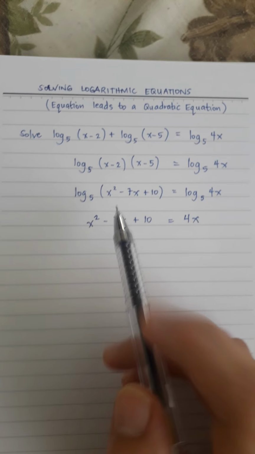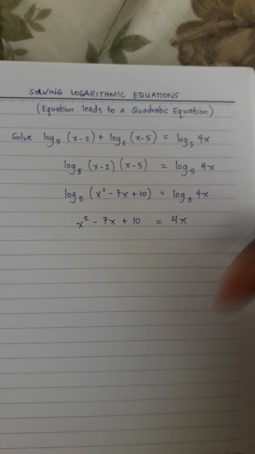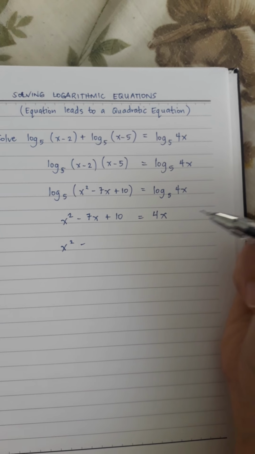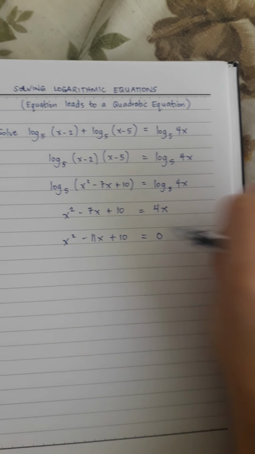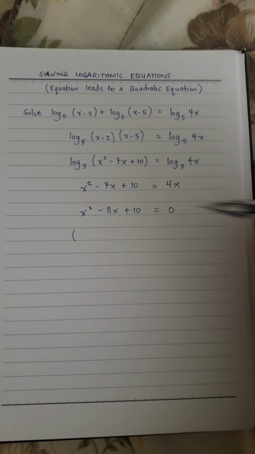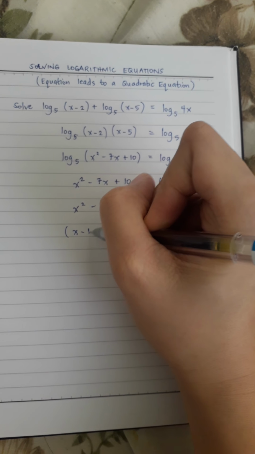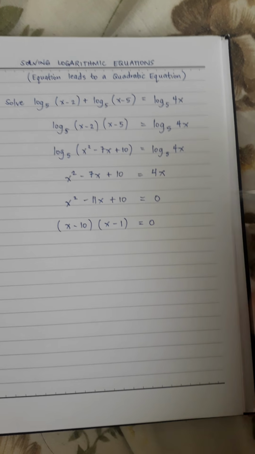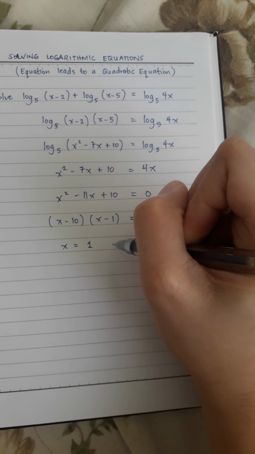So how do we solve this quadratic equation? It's to make one side equal to 0. Make one side 0. So let's simplify, making one side 0. And then solve for x. So I will use factorization to solve this quadratic equation. I have x minus 10 and x minus 1 as the factors, which gives me two values of x, 1